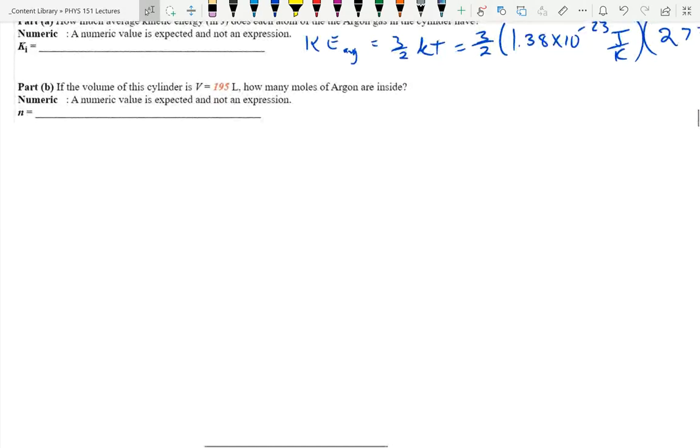Part B, if the volume of this cylinder is 195 liters, how many moles of argon are inside? Now we have to use, well, what do we have to use? We have to use the ideal gas law. PV equals nRT. It asks us how many moles, so that's why I have the form with nR, because I'm looking for n, the number of moles, not capital N, the number of molecules. So if you just solve that for n,